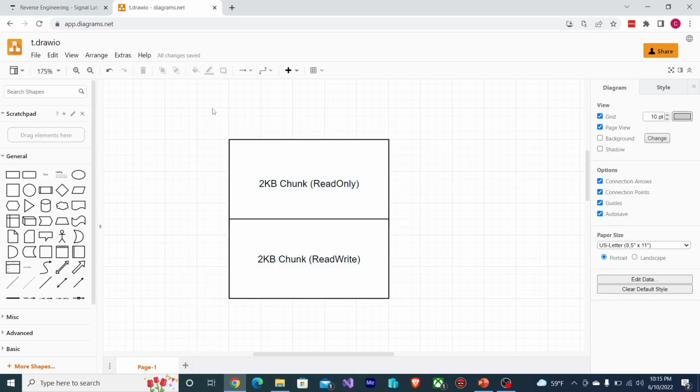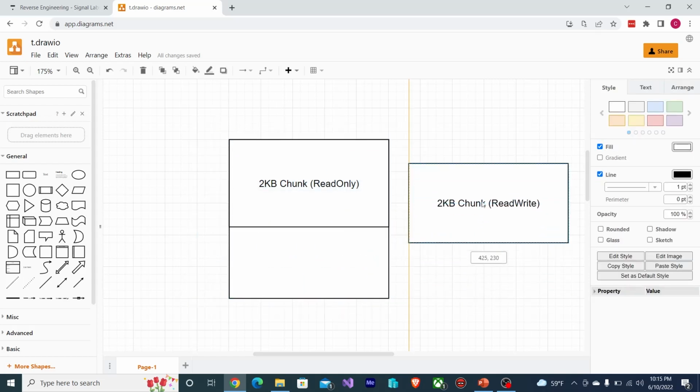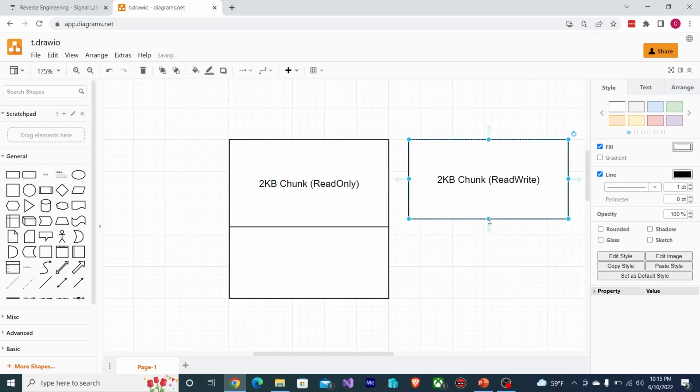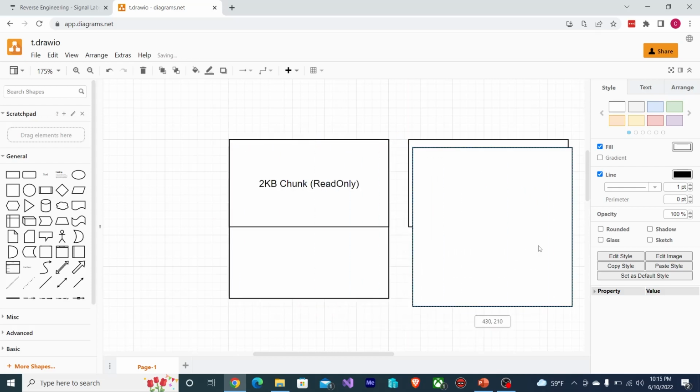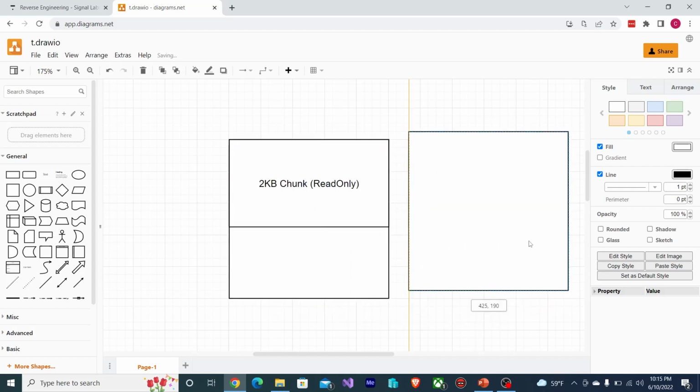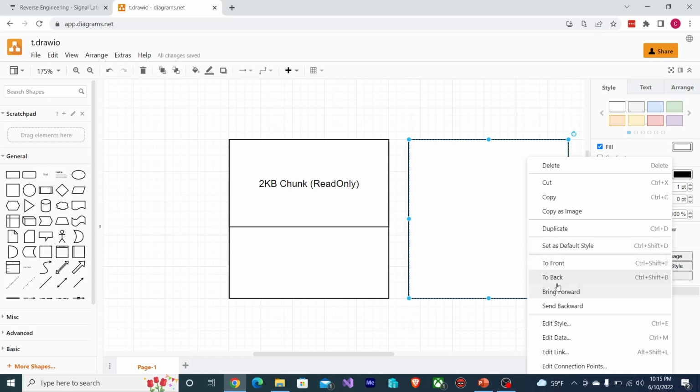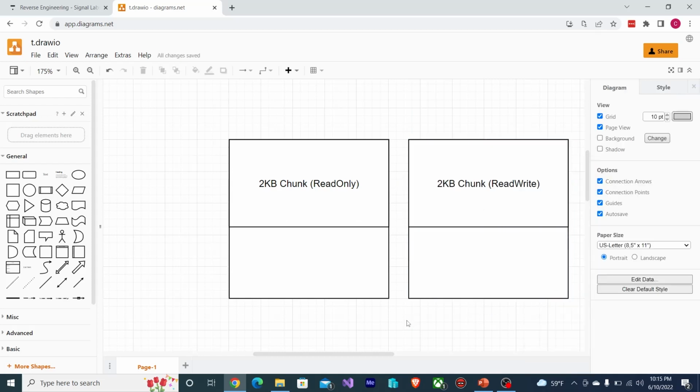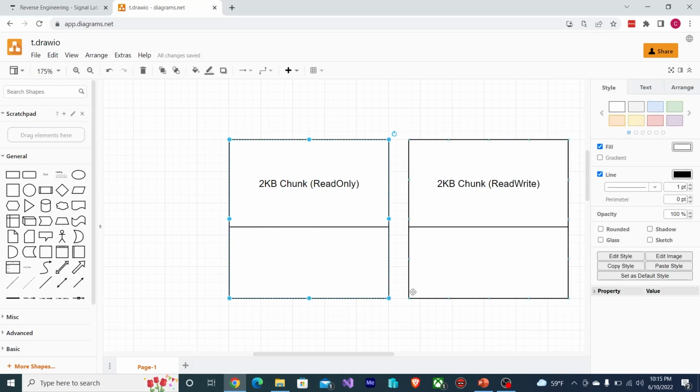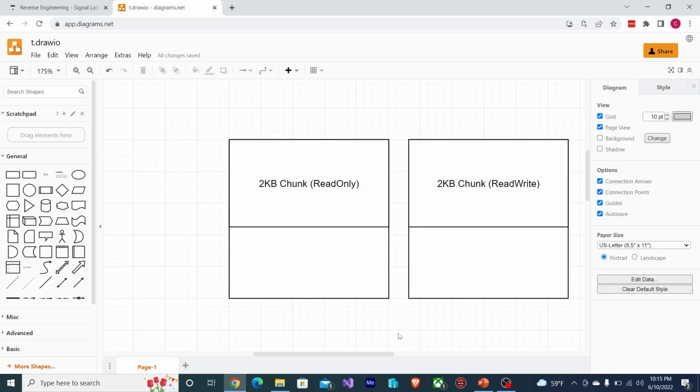I'd have to allocate a separate page, which obviously has to be 4 kilobytes minimum, and that separate page would have to be marked as read write. That's the only way you can have different permissions. It's per page. What this also means is